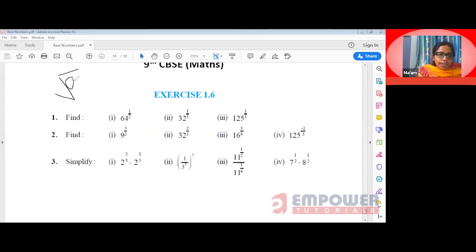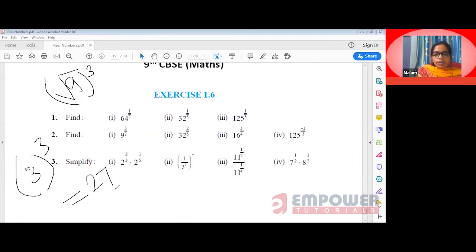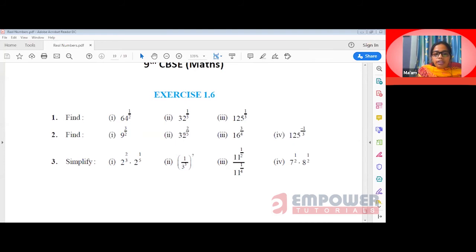Square root of 9. Okay. I can write it in this form also, no? So square root of 9 will be 3. 3 raised to 3 will be 27, right? What about this? Now everyone knows fifth root of 32 will be 2 and square of 2 will be how much? 4, right?